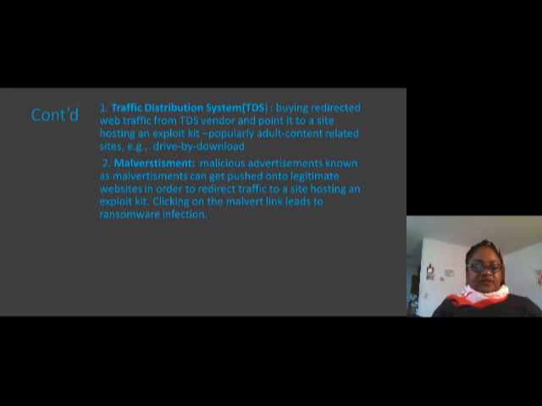Just by visiting the site you could get infected. And malvertising: a malicious advertisement that can be pushed into legitimate websites in order to redirect traffic to a site hosting an exploit kit. So just by clicking on a malicious link, you could get a ransomware infection.